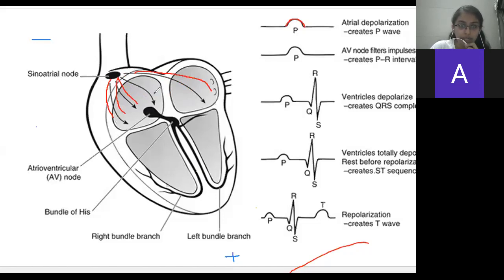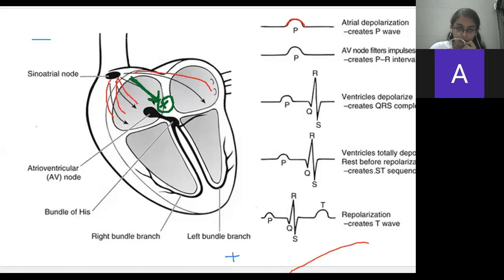Yeah. So the vector will be in this direction. This vector has positive charge on its end. Okay, so it is going from negative to positive because it is going towards positive. There is positive deviation, which creates a P wave. Then it reaches the